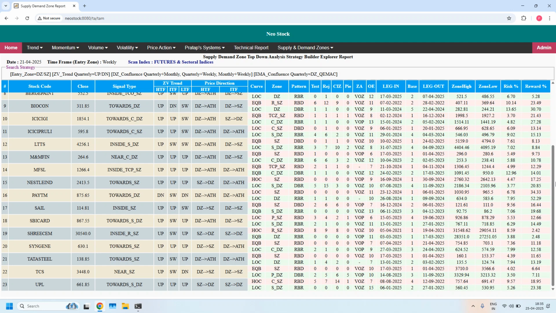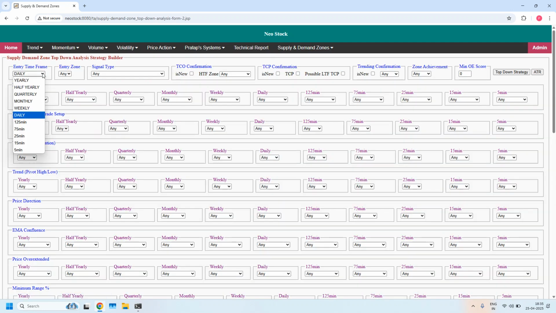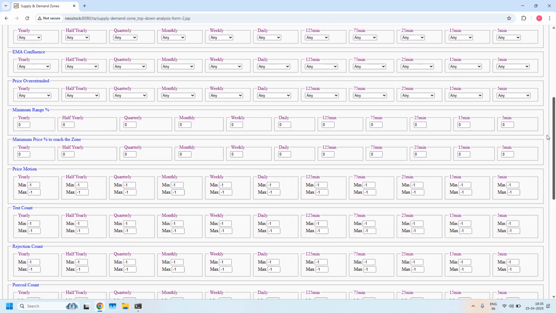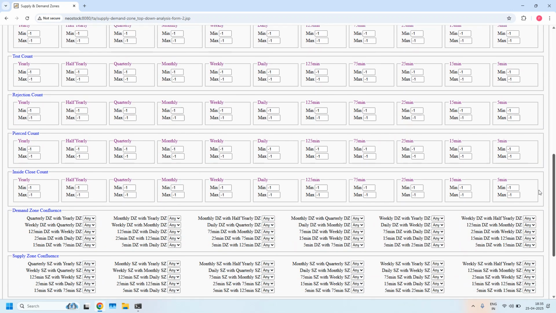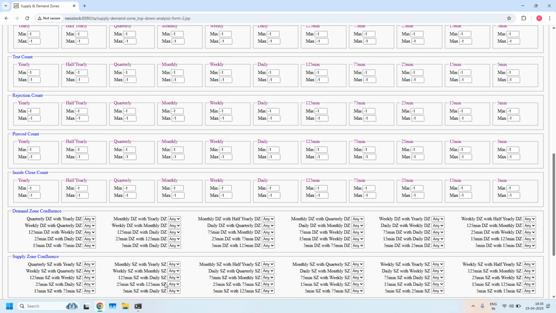Okay, next we will look into supply zone confluence, weekly, monthly and quarterly. So weekly time frame, that means entry time frame is weekly, that is the meaning. In the supply zone confluence, we are setting 3 filters. First filter, weekly supply zone with monthly supply zone confluence. Weekly supply zone with quarterly supply zone confluence. And monthly supply zone with quarterly supply zone confluence. With all the 3 filters,